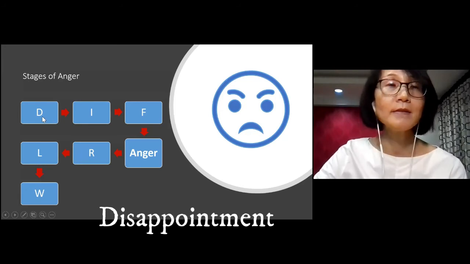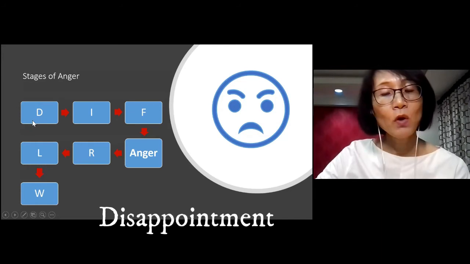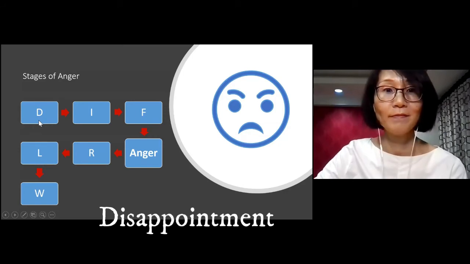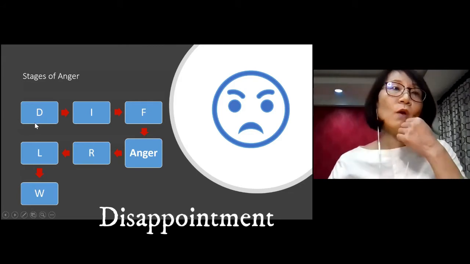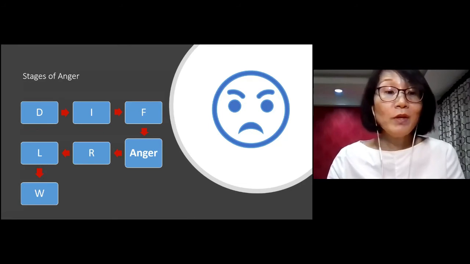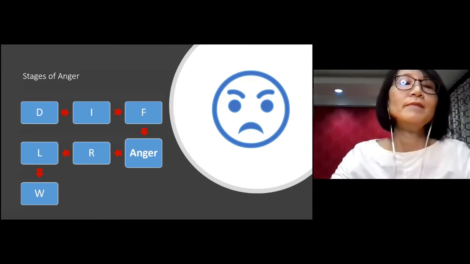Disappointment arises when we don't get what we want. But we also have to remember that we experience disappointment when we get what we don't want. More often we focus on what we don't get that we want, but sometimes we get what we don't want. So from disappointment